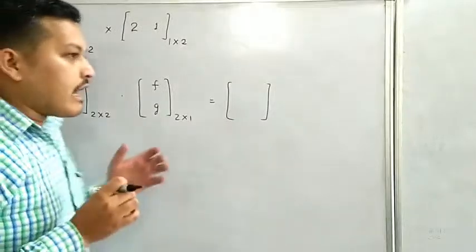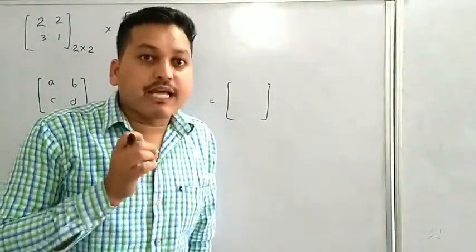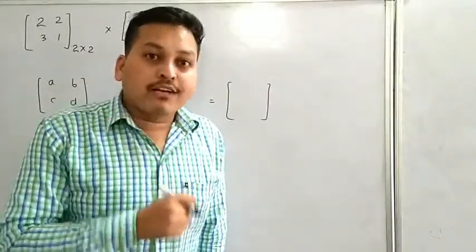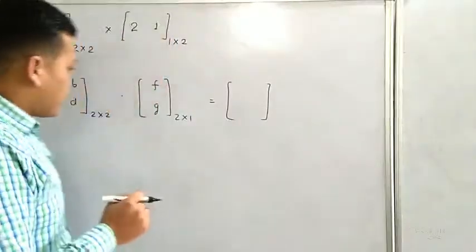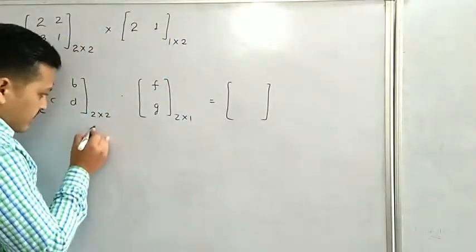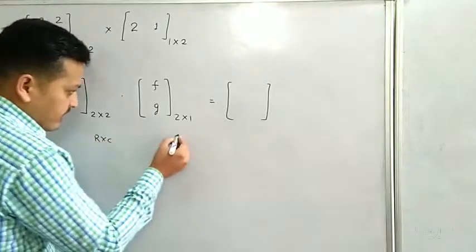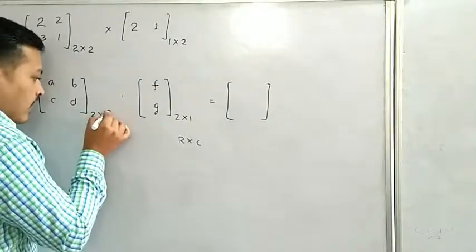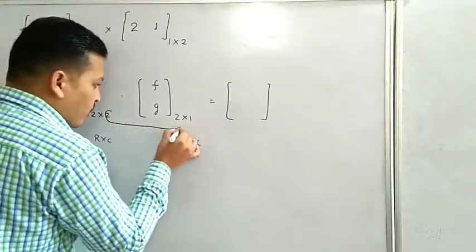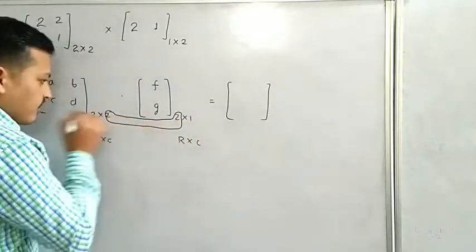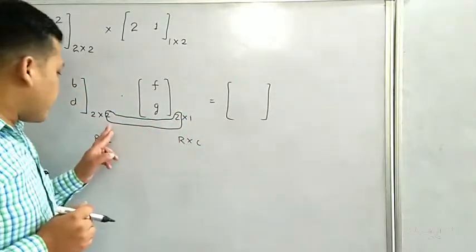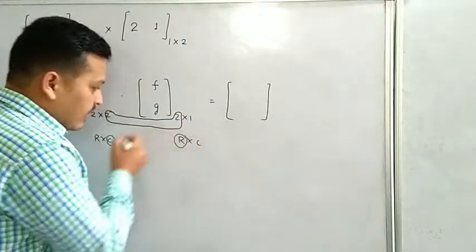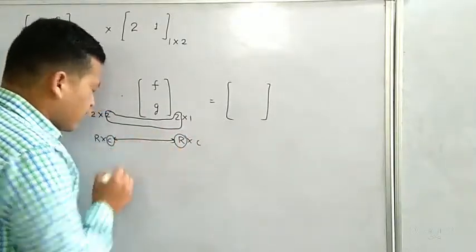If we get the correct order, the accurate order, at that time we can say that the product of the two matrices is possible. So how can we check it? The order is denoted as row into column for each matrix. Remember this point, memorize this point: the column of the first matrix and the row of the second matrix, if they are equal to each other,